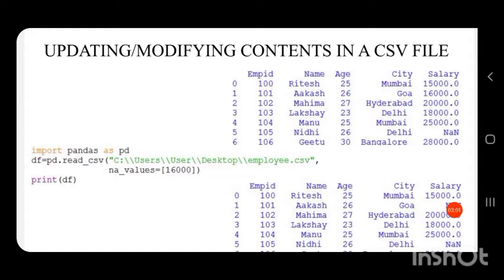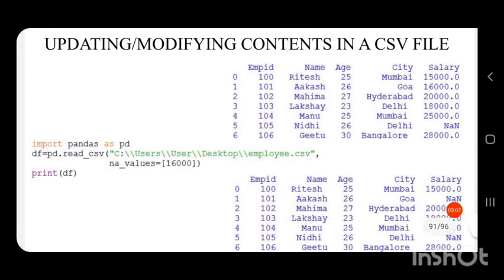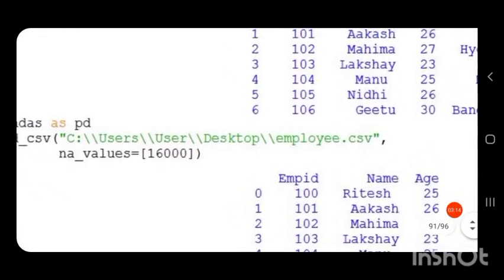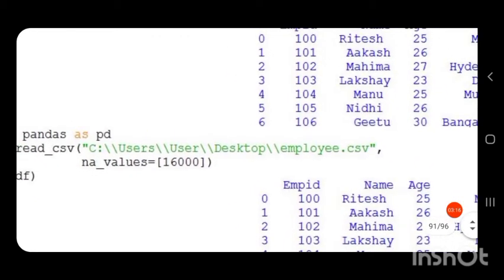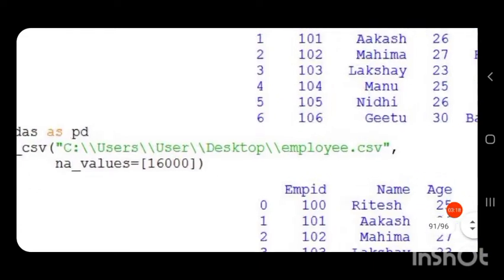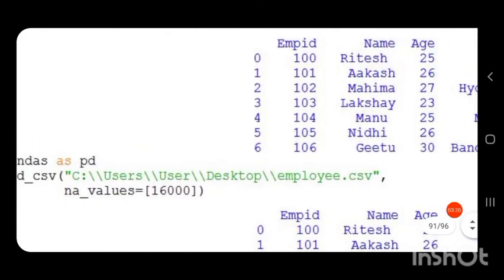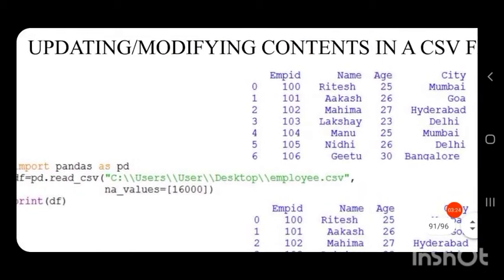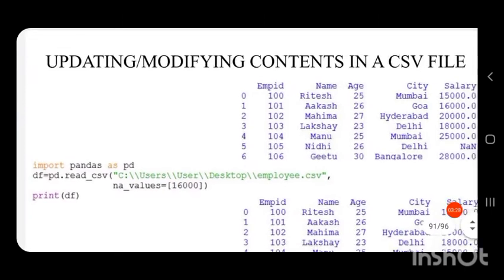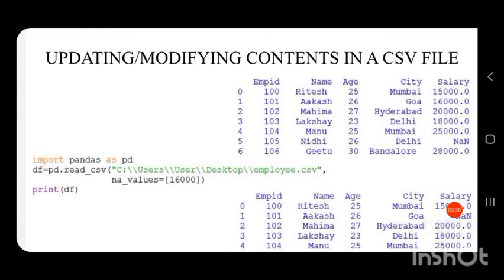Inside that function, the first parameter is the location of the CSV file, that is, where the CSV file is located. Here I have stored the CSV file on my desktop, so its location is like this: desktop employee.csv, comma, and the next parameter is the cell which has to be updated.